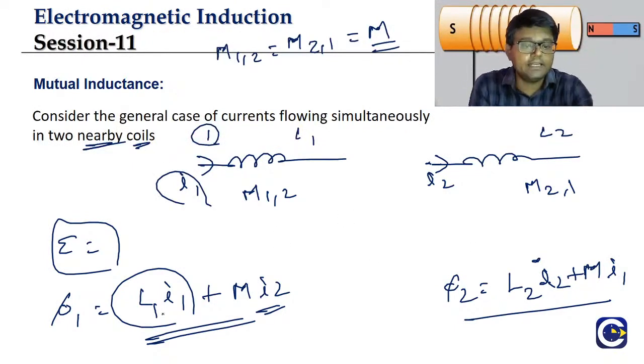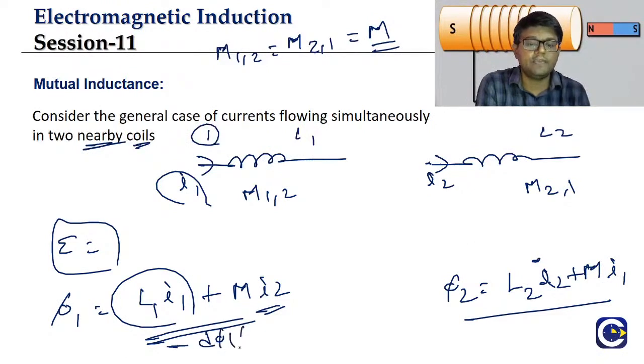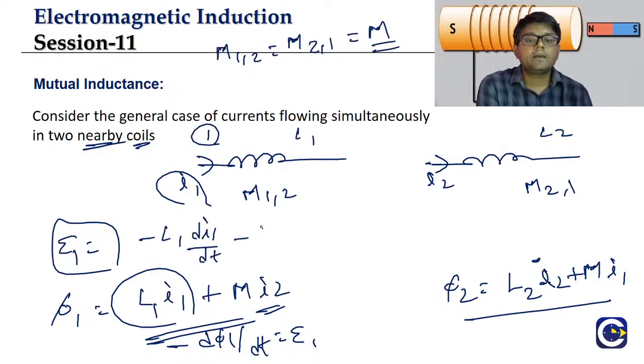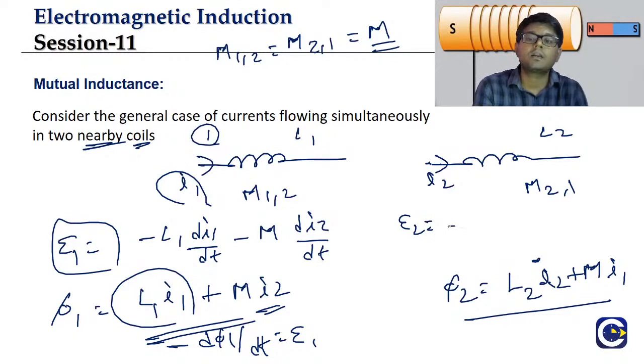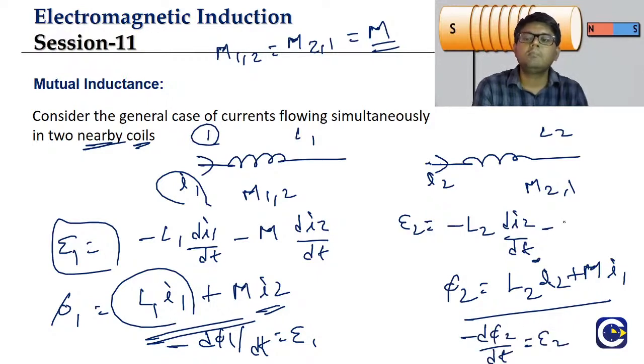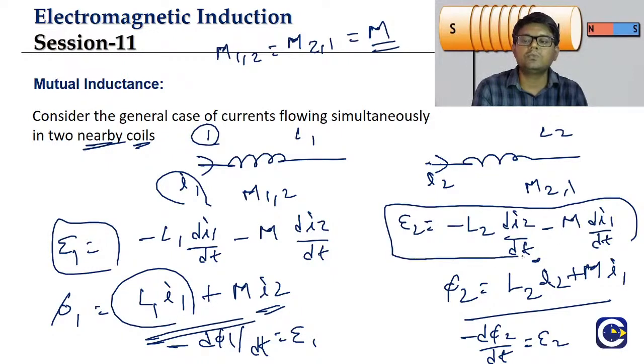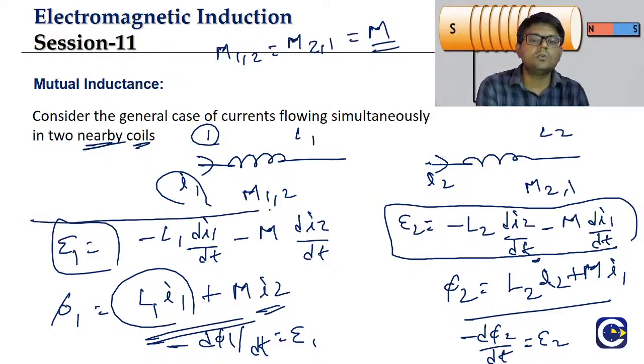inductance. If you take a derivative of this, minus d phi 1 by dt, that is the induced EMF in coil 1, E1, which will be equal to minus L1 di1 by dt minus M di2 by dt. We take the minus d phi by dt term, that's it. Similarly here, induced EMF E2 will be minus L2 di2 by dt, same concept, minus d phi 2 by dt, that is E2, minus M di1 by dt. So I am writing this down so that we will be able to conclude